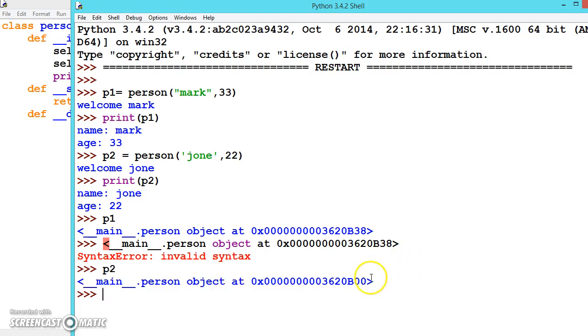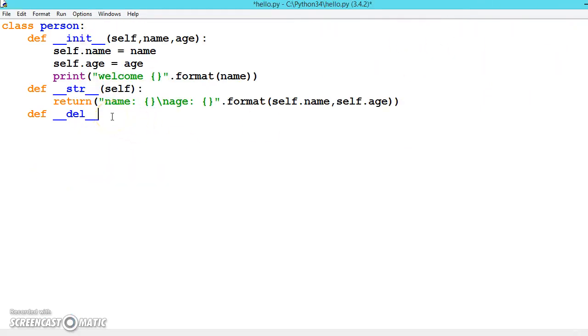And P2 is also allocated with some memory. Now let us say def del self, press enter, and just before deleting we will give the string that memory allocated is deleted.